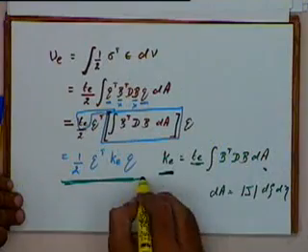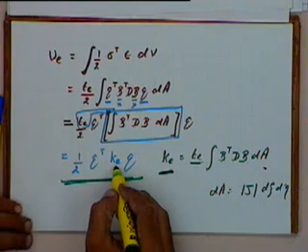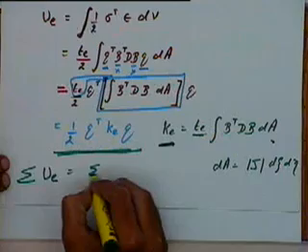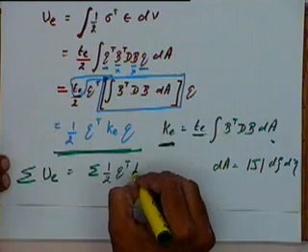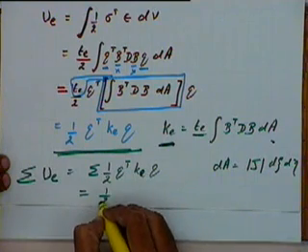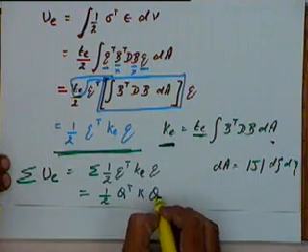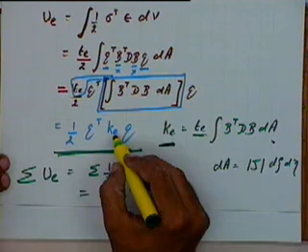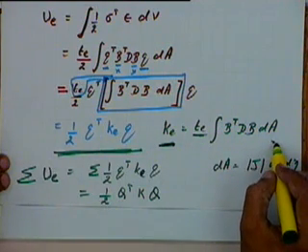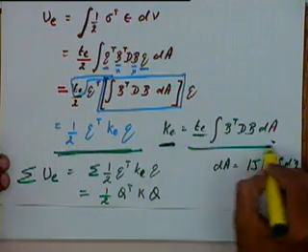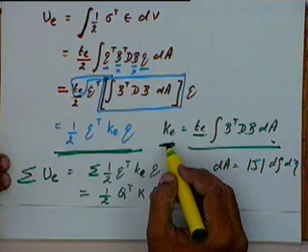But the final equation that we get will remain the same. We have got the stiffness matrix for the element, and then when we consider the total strain energy in the body, that will be equal to sigma of half Q transpose KEQ, which will again be equal to half of Q transpose KQ. So the final equation will remain the same, but for finding out the stiffness matrix, one will have to use a process of integration. Without carrying out this integral, one cannot find out the stiffness matrix.